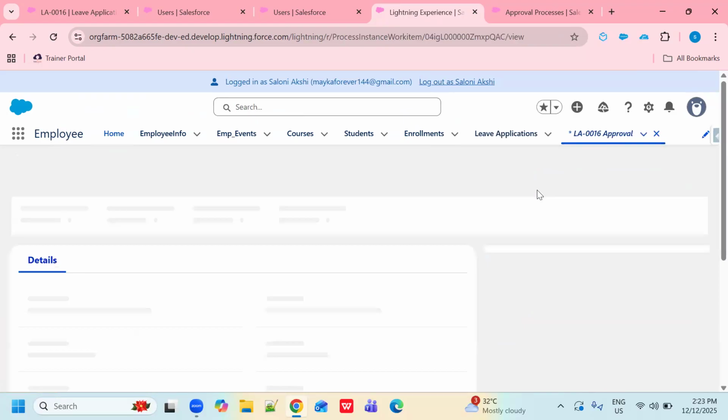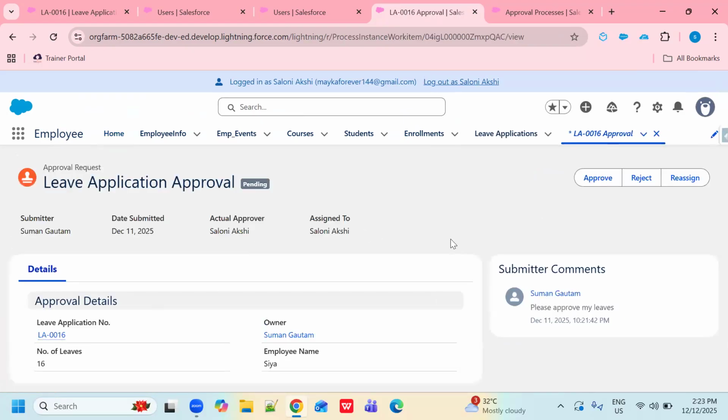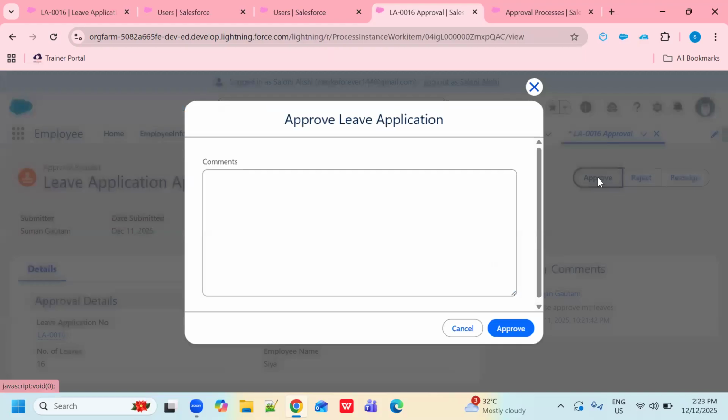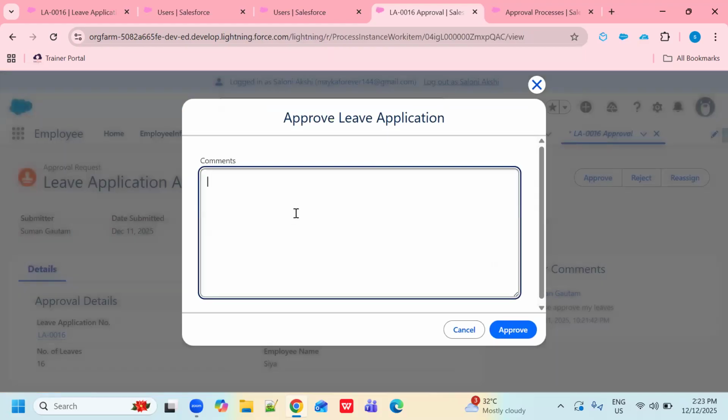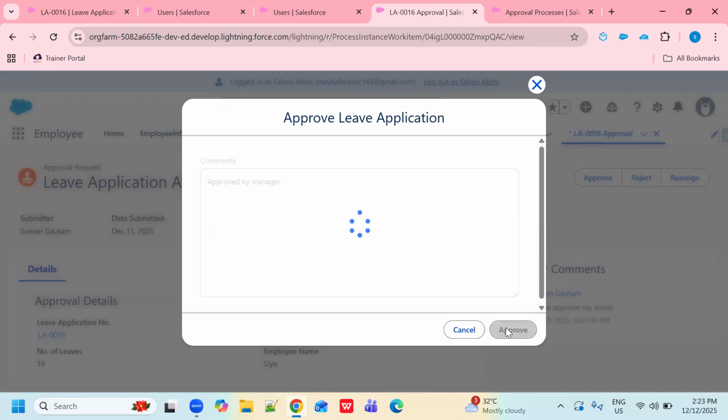So just click here. When this user will approve these leaves, then it will go to the second approver, right? So I'm going to approve from here. So approved, you can write a comment, approved by manager, right? Click on approve button.